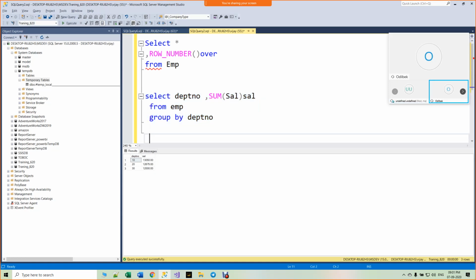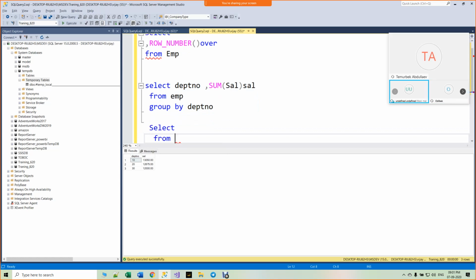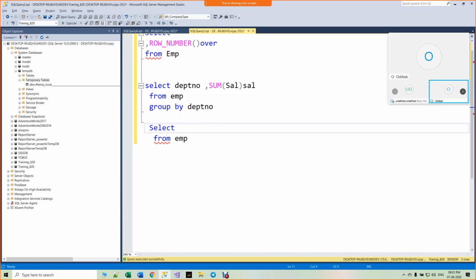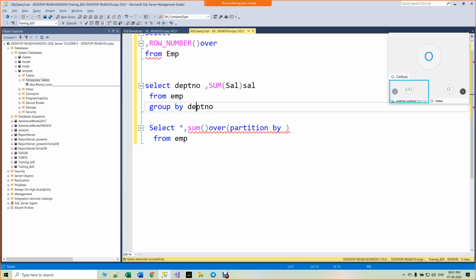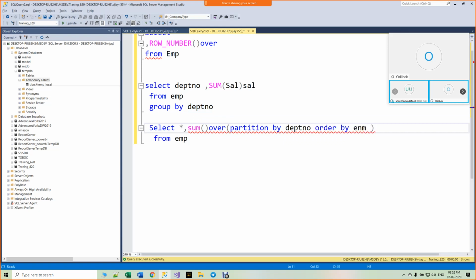Okay, the same way we can write it using a window function. Sum over, and instead of group by, you write partition by department number, order by employee number.